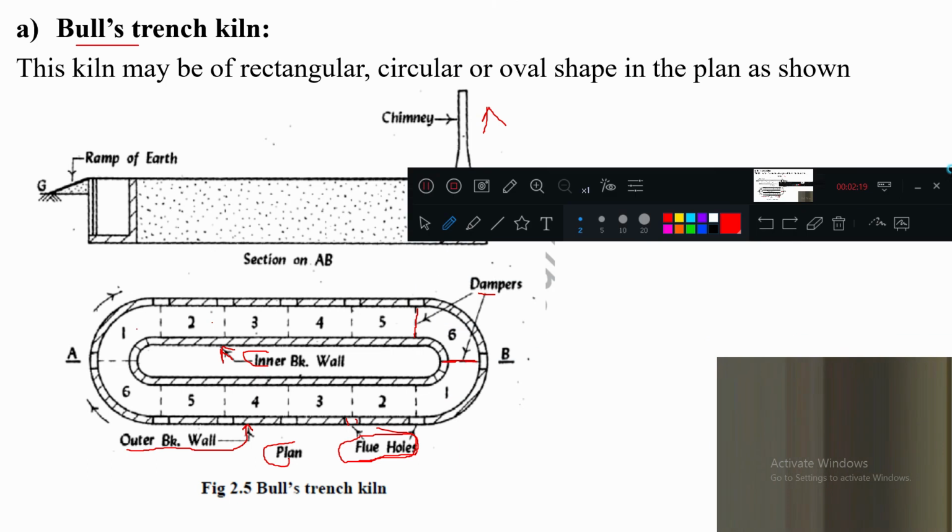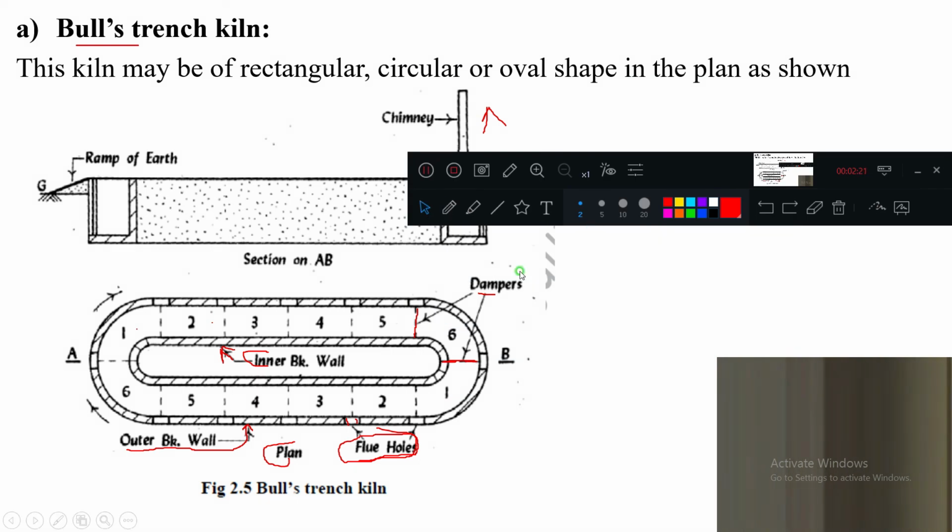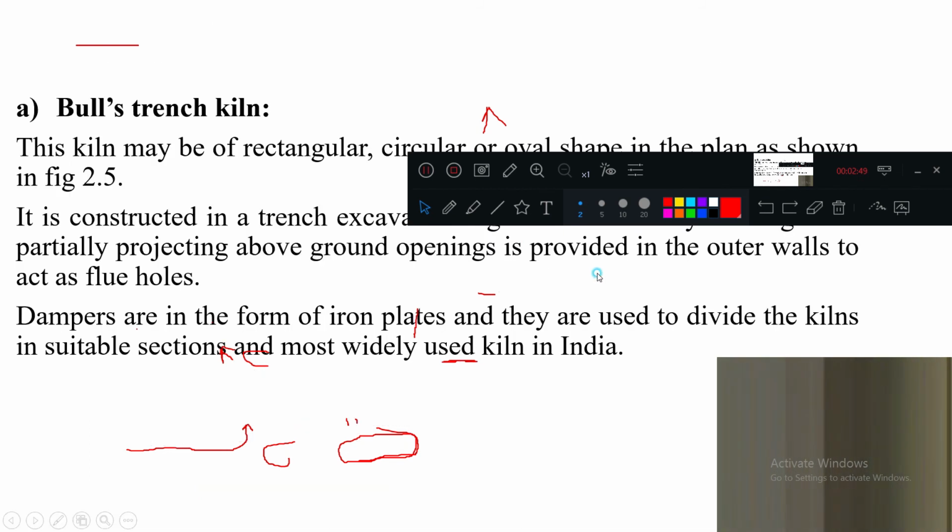Okay. Just try to see like this. You remember chambers 1, 2, 3, 4 are continuous. If chamber 2 is under the loading operation, then it is easy to understand that this chamber is burning. This one is in the cooling procedure after burning. This one is unloading, and this will be the final one going outside. So like this, continuous burning, unloading, loading, firing, everything takes place simultaneously in the different chambers.